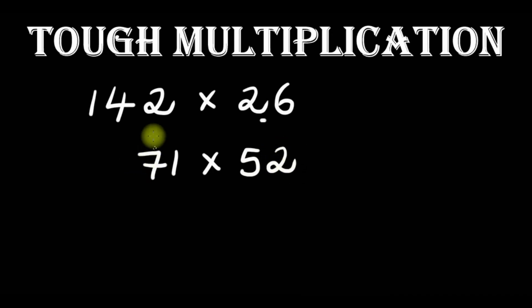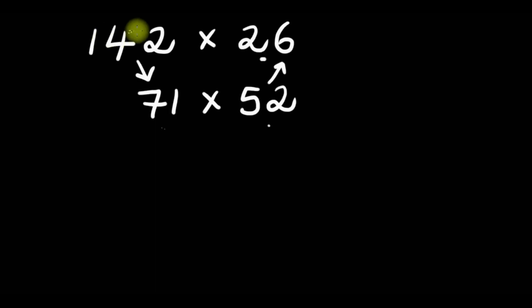So again, take half of 142 and then double 26. So think of half and double. Now it comes down to multiplying 2 digits by another 2 digits. So to multiply 71 times 52, so when we multiply 7 times 152, so first thing we have to do